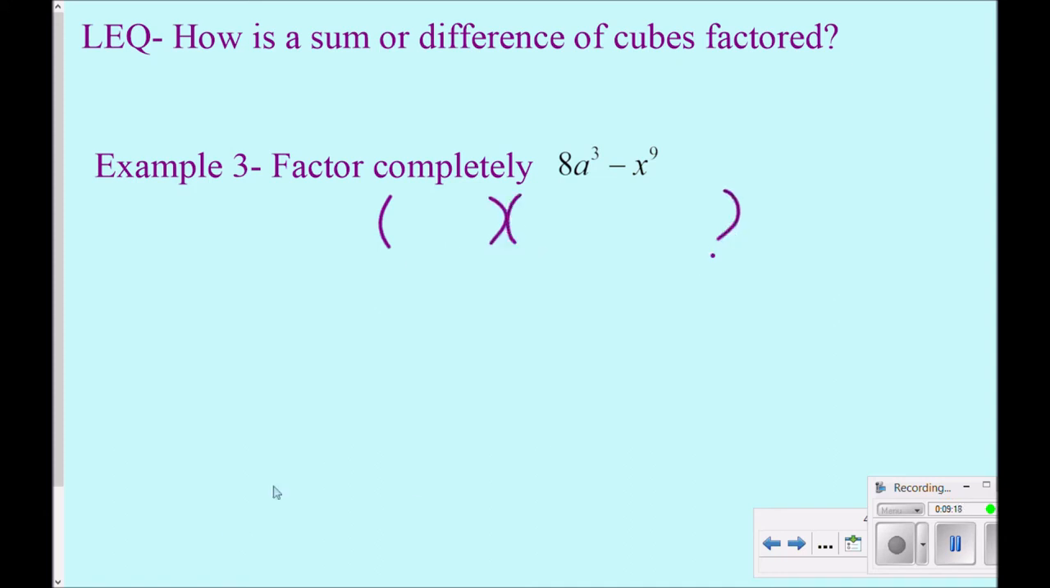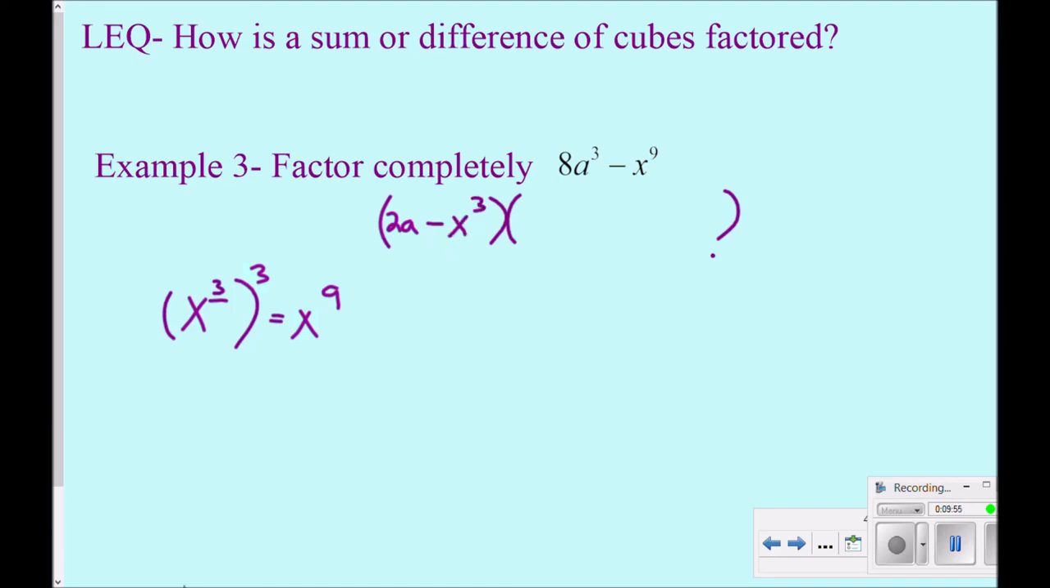trinomial. The cube root of 8a cubed is 2a. This is a difference. So the cube root of x to the 9th, if you're not sure, remember what we're doing. We're taking x to some power, and then we are cubing it. We know it has to be cubed, and we know that that equals x to the 9th. So x to some power to the third power, we multiply the 3 times whatever the something is to get the 9, which means the something has to be a 3. So x cubed, cubed is equal to x to the 9th. So this should be x